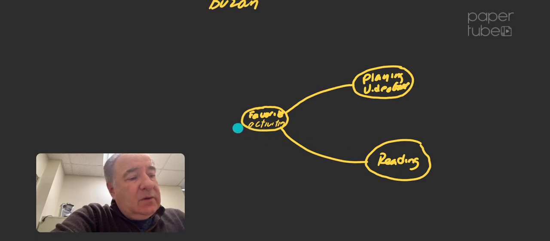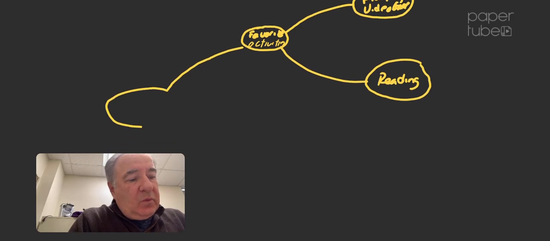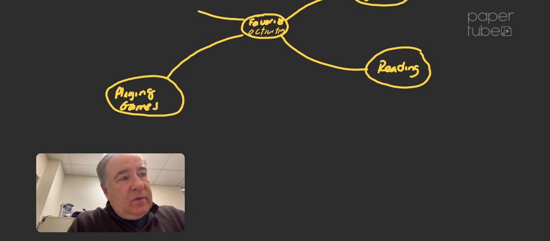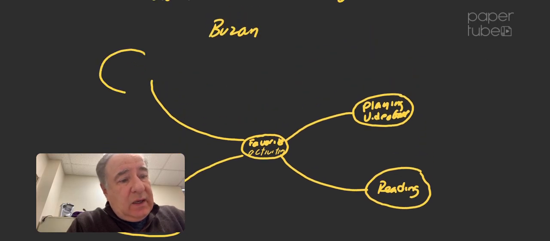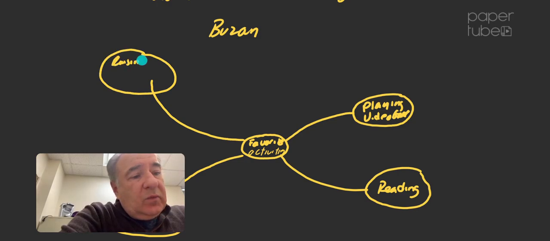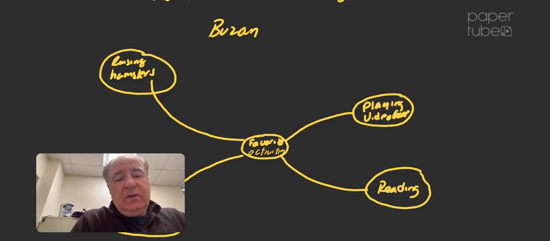And then an offshoot of that could be, let's say, playing games. And over there we have raising hamsters. So this could be, let's say, the skeleton of a writing project, and then what we can do is